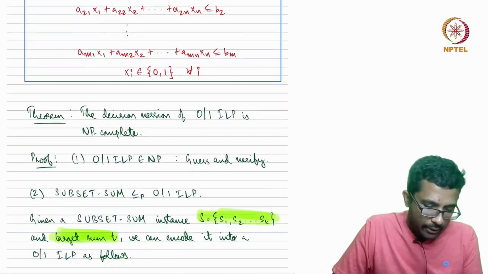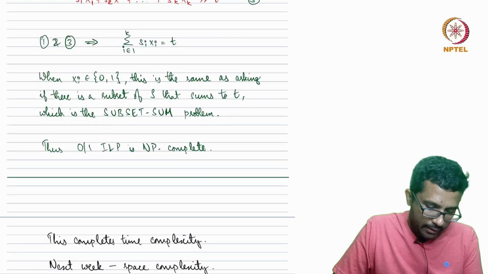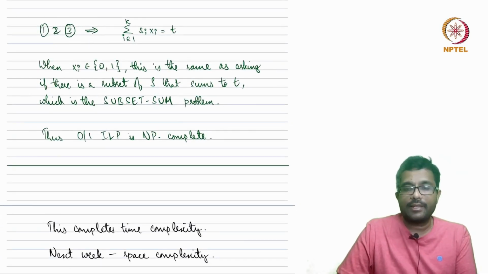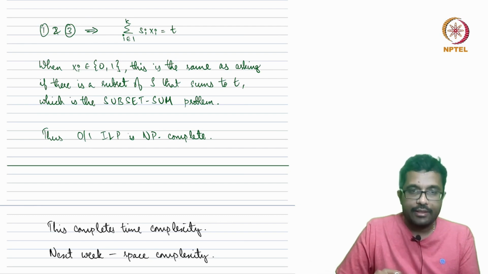That completes the proof that 0, 1 integer linear program is NP complete, and this also completes the time complexity part of the course,